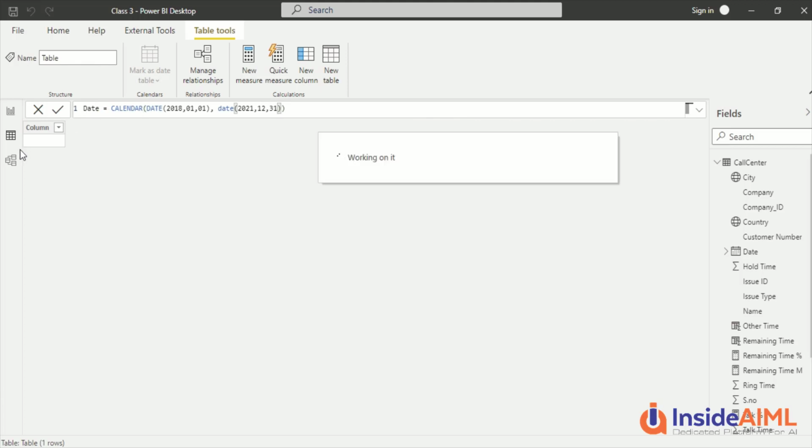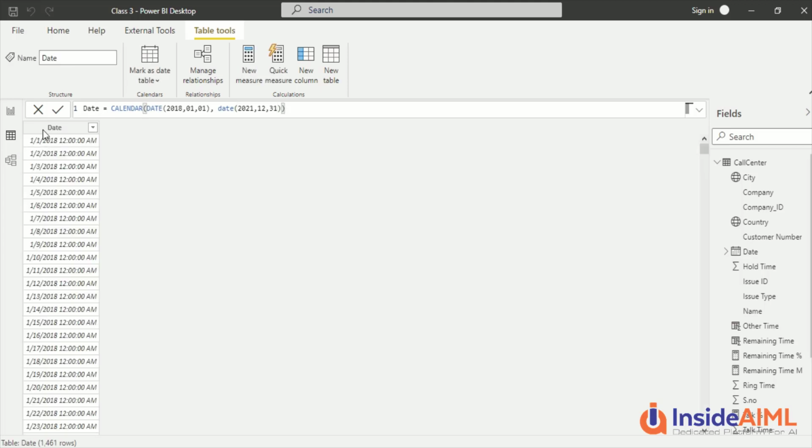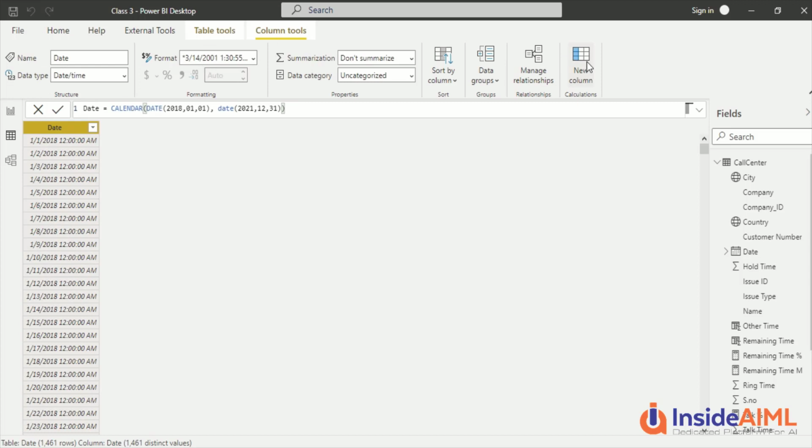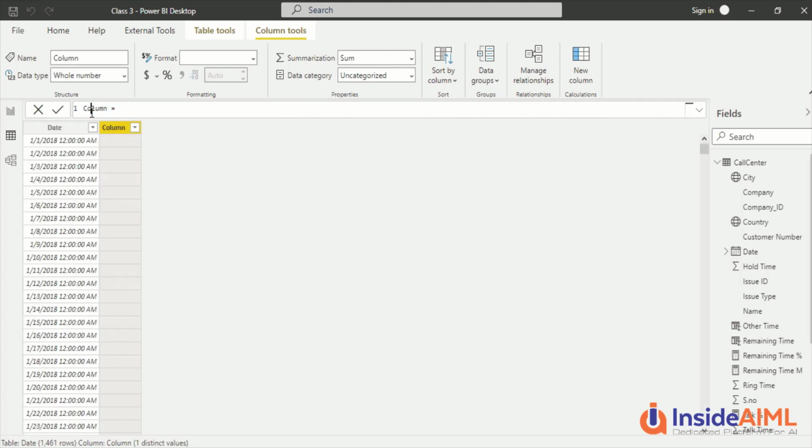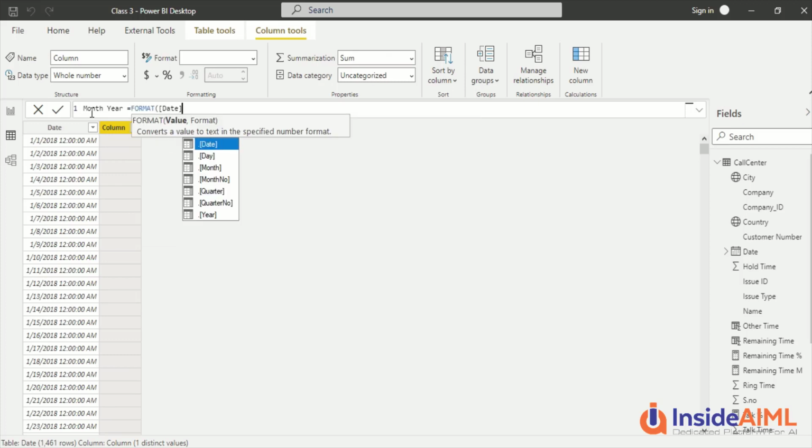Now we have got this calendar, and actually I want a couple of columns in this one. One is month, which is a new column, and we are creating a new column out here. We have told you how to create a new column. Now this is a different way of creating a new column. So let's call it month here, and we are going to use the format function, format and date.